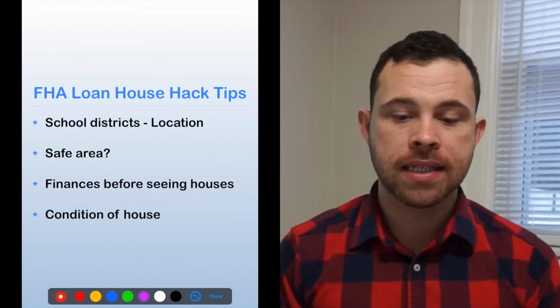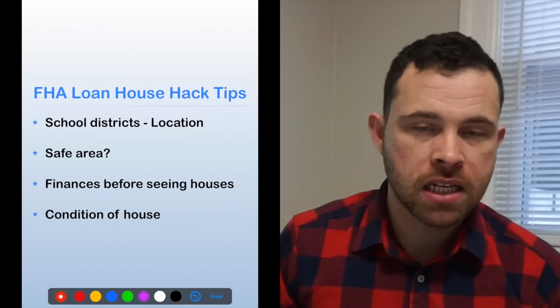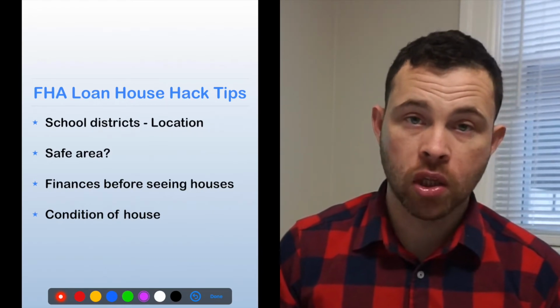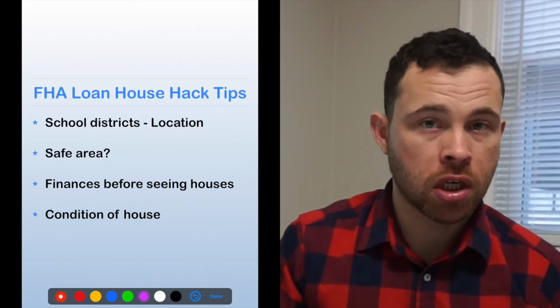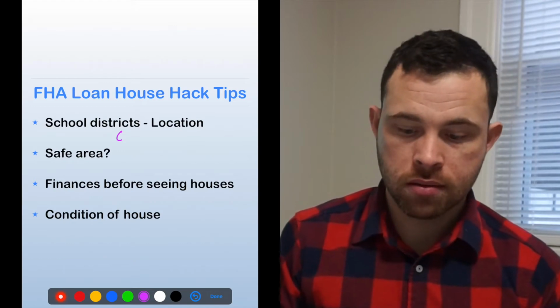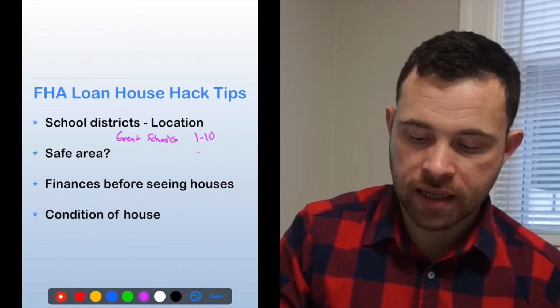Next, how to find these properties. It's really common to want to look at a huge radius, but I would recommend narrowing it down into specific locations. One of the best sites you can use to start learning the school districts is greatschools.org. With that website, they'll rate the schools anywhere from 1 to 10, and primarily you want to look at elementary